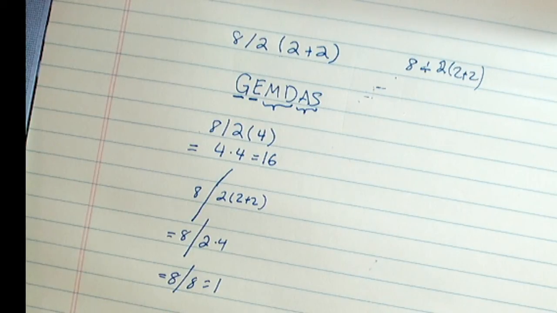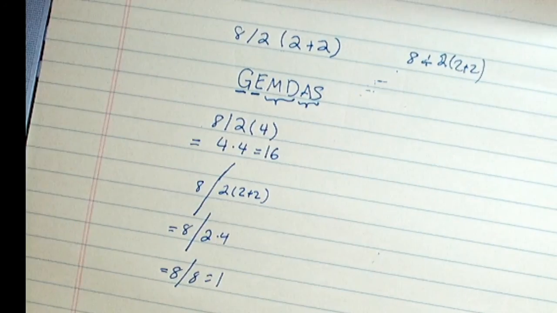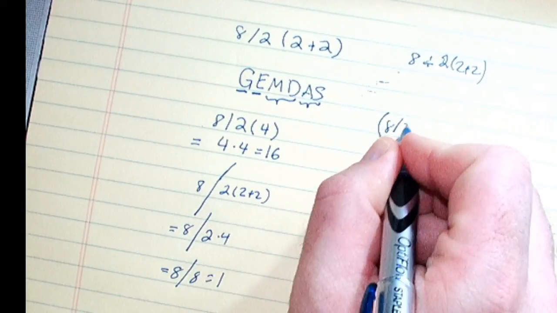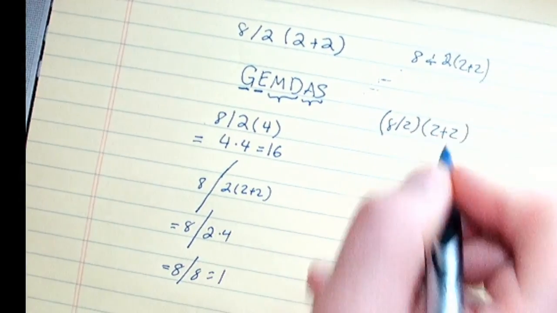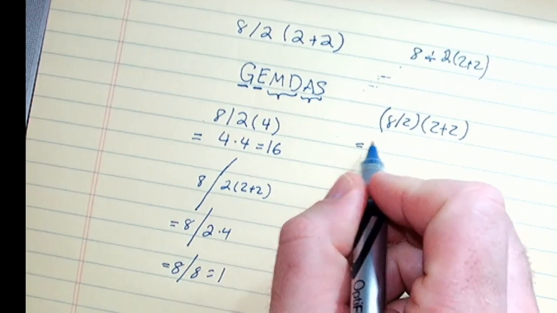How should you write it? Well, you should take advantage of that grouping symbol. You should, moreover, not try to write everything on one line. So if you're forced to, because you're on a computer, you should use more parentheses to make it clear what you intend. You should either write 8 divided by 2 times 2 plus 2, which is very ambiguous. Sorry, very unambiguous. Now it's very clear what you want. It's 4 times 4 is 16. Or you should write